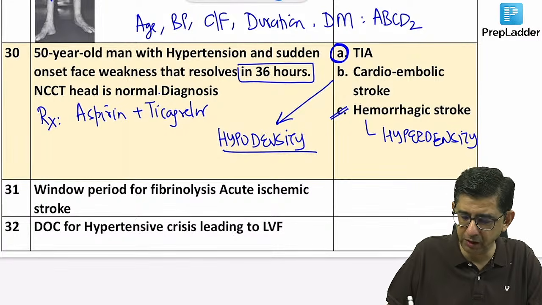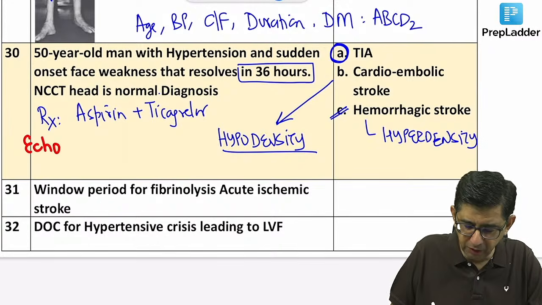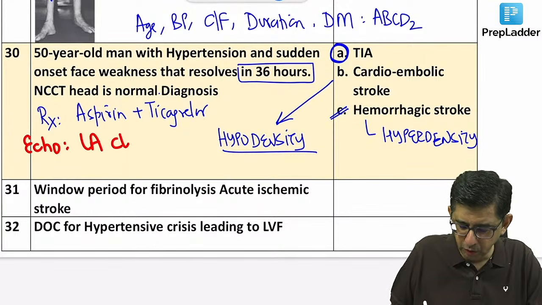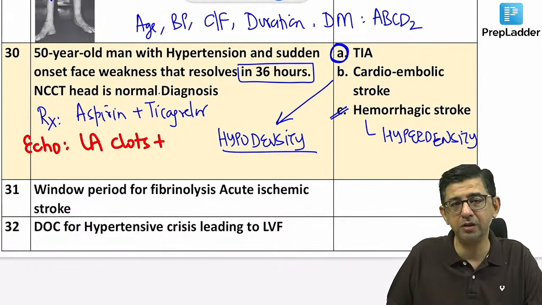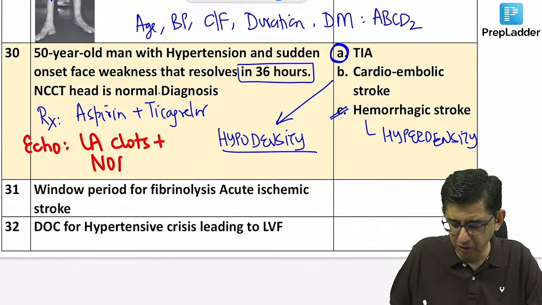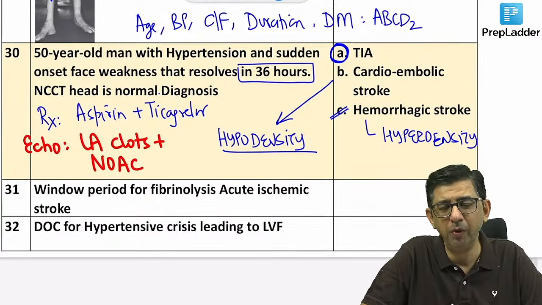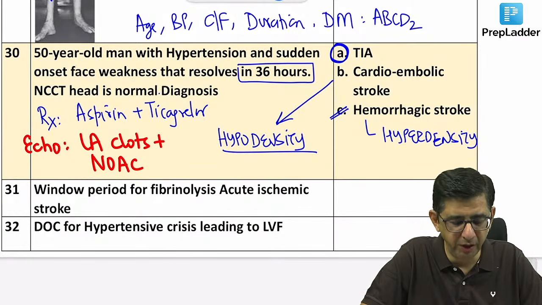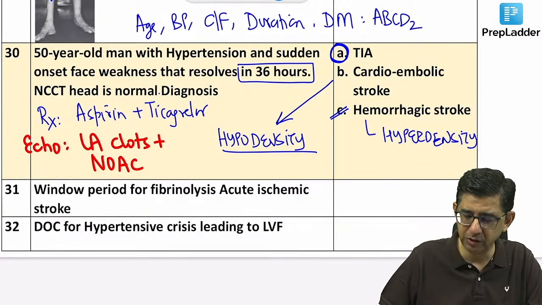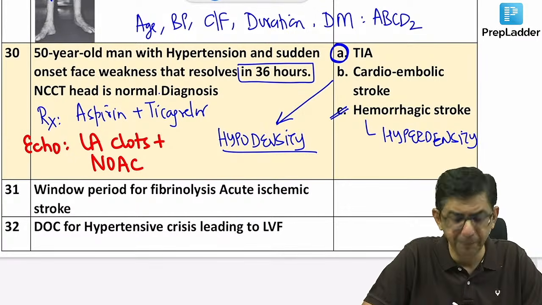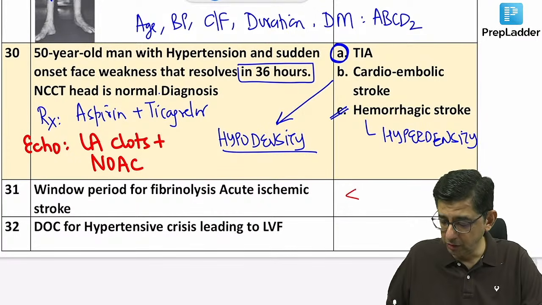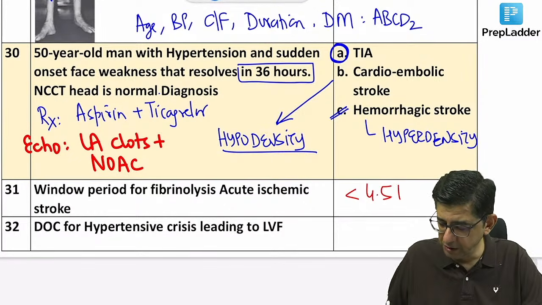I'll just use a separate color to highlight it. Only in the workup of this patient, if the echo is showing evidence of left atrial clots, that is when we will be starting these patients on novel oral anticoagulant drugs. But without that, obviously, it is aspirin and ticagrelor, which would be the single best answer for this question, that is dual antiplatelet therapy. If it is ischemic stroke, then the window period ideally should be answered as 4.5 hours,